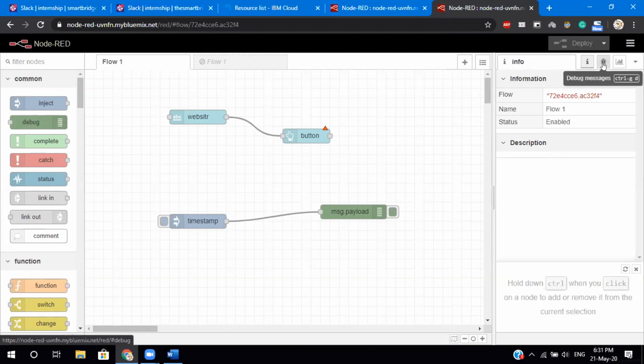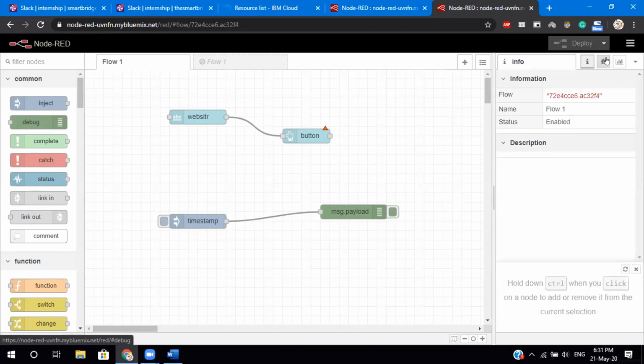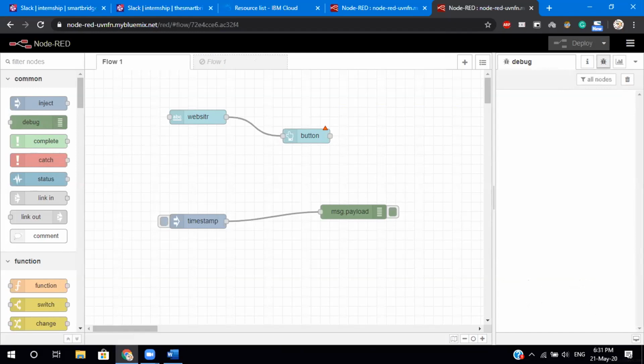Your debug page in Node-RED is this button that looks like a bug here, beside the information tab, debug tab, and dashboard tab. We want you to click on this bug button and show what's happening.